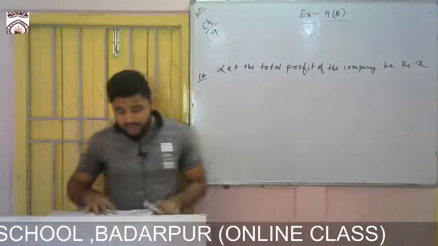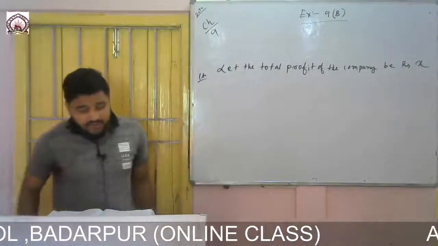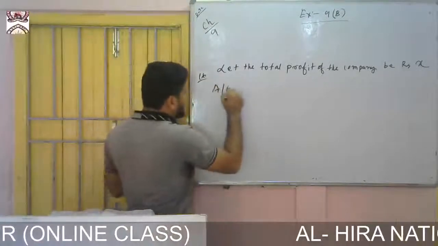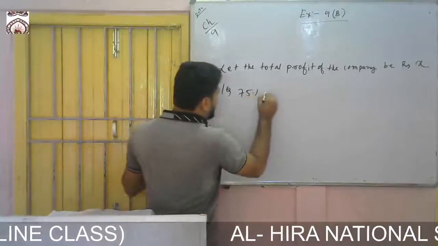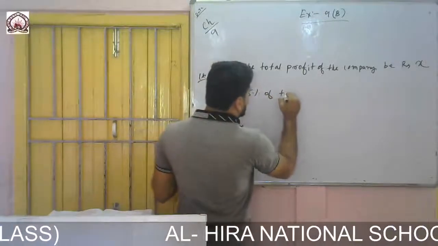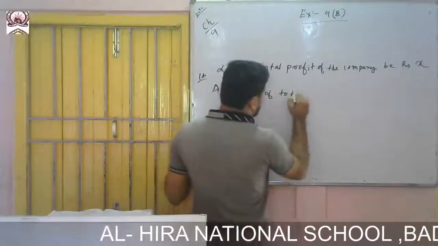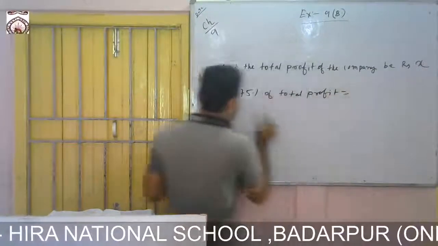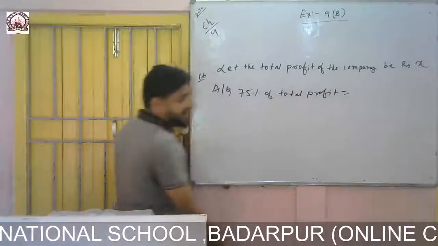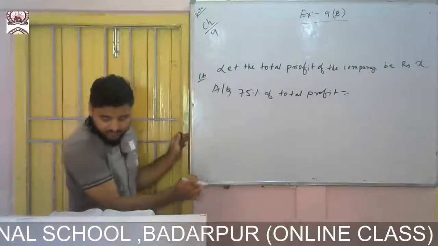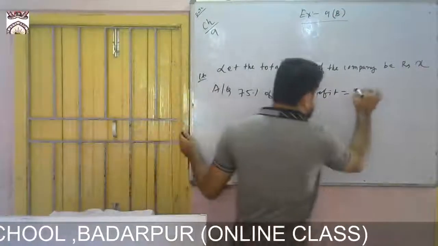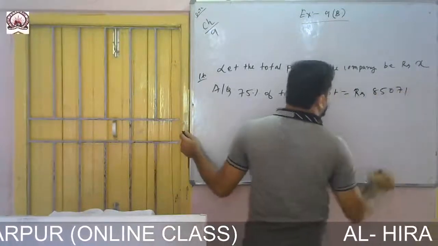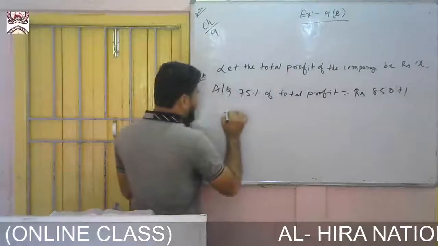According to the question, 75% of the total profit is equal to rupees 85071. So I can write it as: